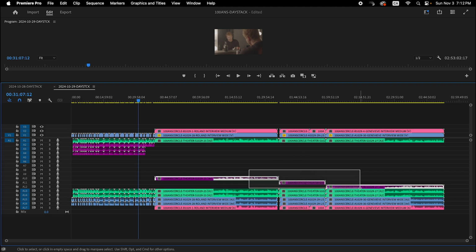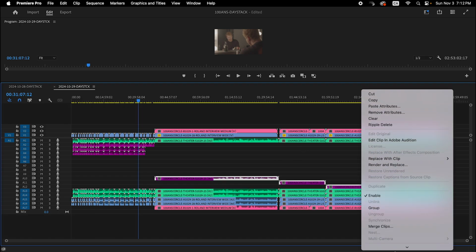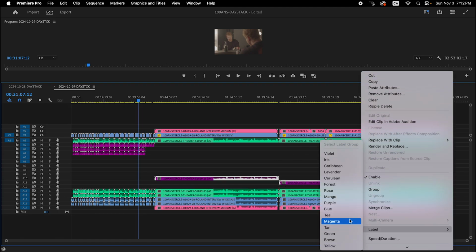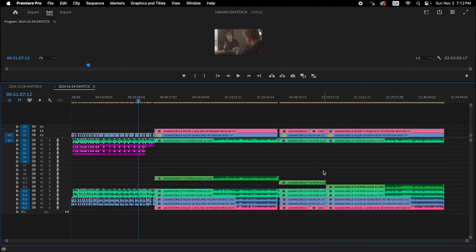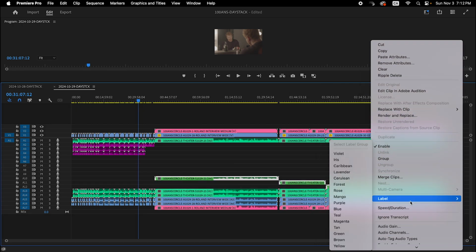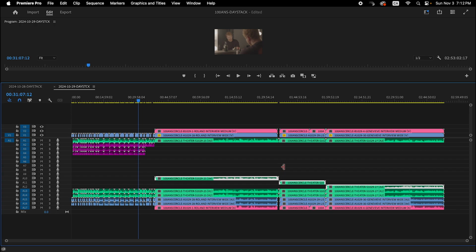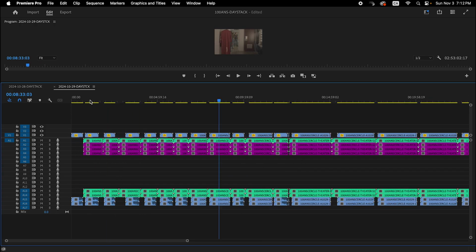So I work a lot in color coded because it just makes my life easier, but it adds a couple more clicks, so figure out a workflow that works best for you. It's also so annoying, like these colors that Premiere came up with, like, good lord. Okay, so